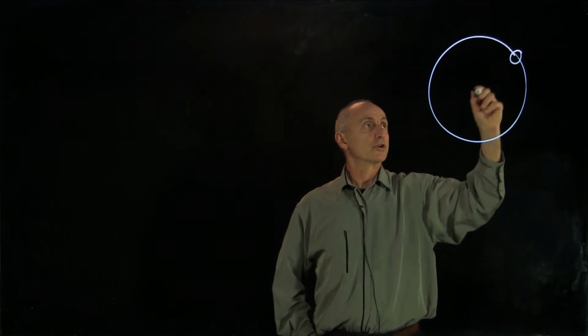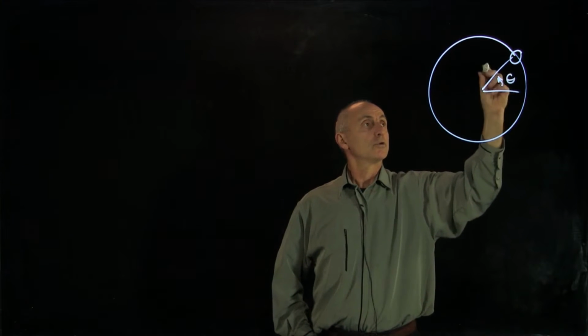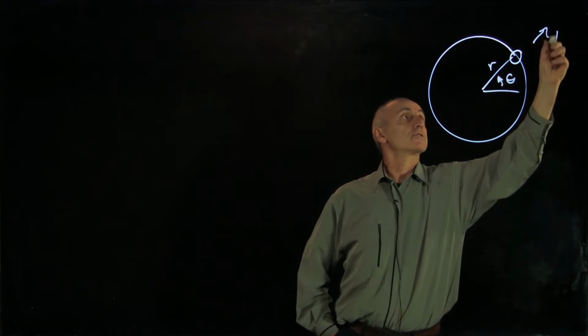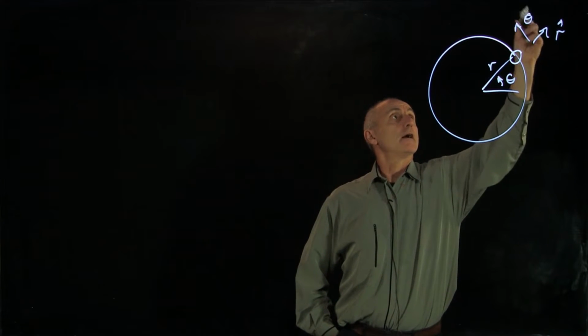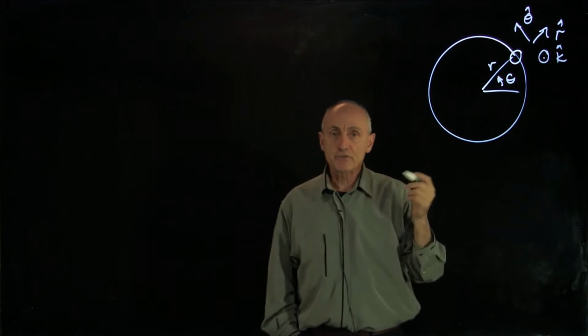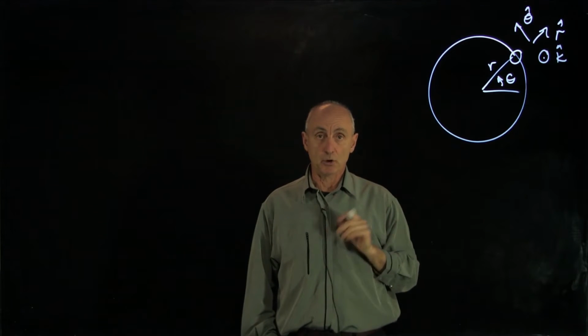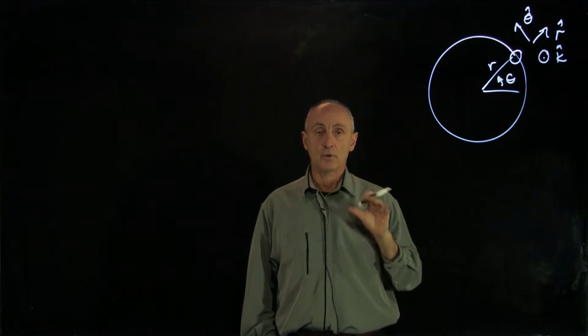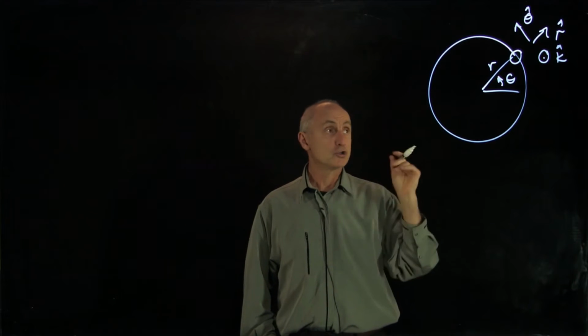Let's examine again an object that's undergoing circular motion, and we'll choose our polar coordinates, r hat, theta hat. We'll make it cylindrical with a k hat. Now that we've completed our kinematic description of the motion, let's see how we apply Newton's second law to